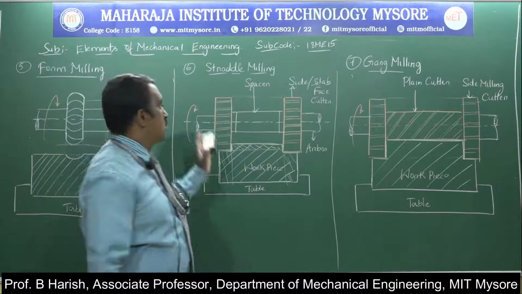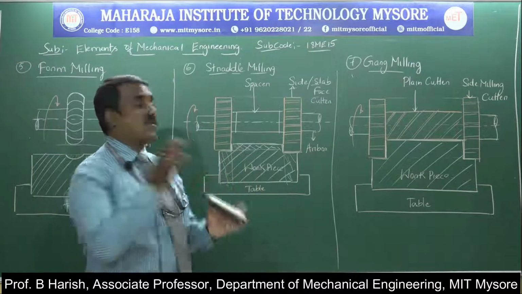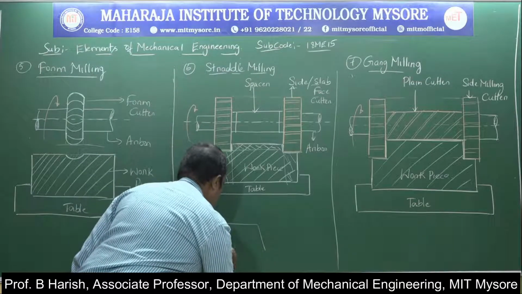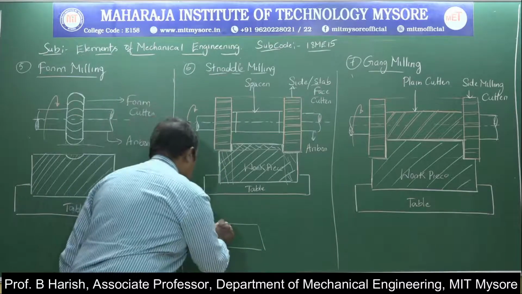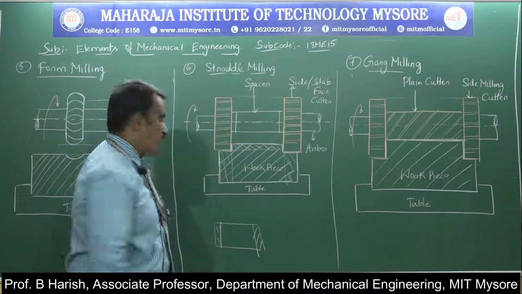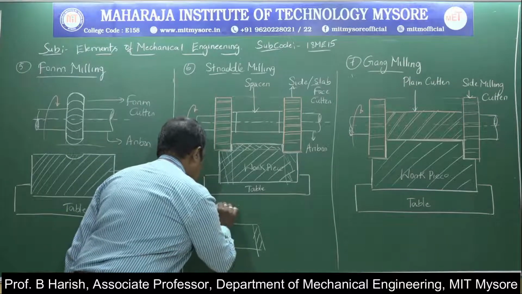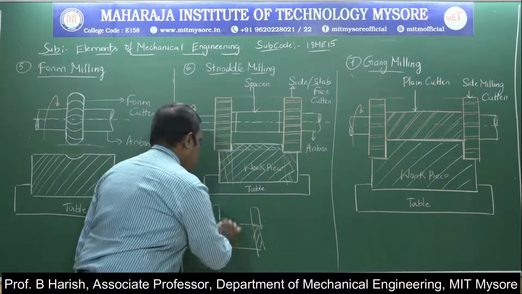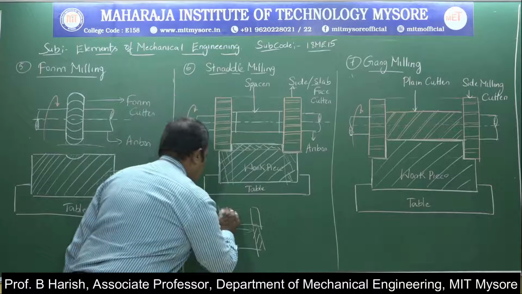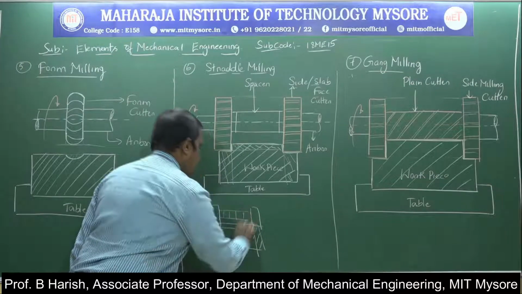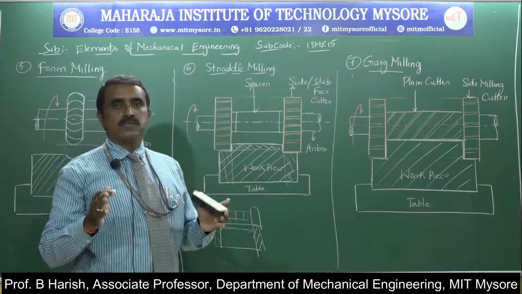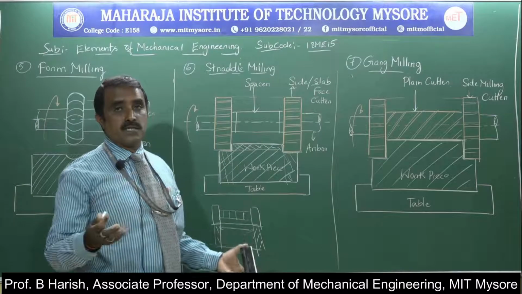Now here you have got a part called a spacer. The spacer is placed in between the two cutters. If this is the workpiece and you want to remove this amount of material on both the ends, one cutter should be here and the other cutter here. In between, whatever length this workpiece has, that length of spacer will be placed. The spacer keeps the two tools in their exact position.